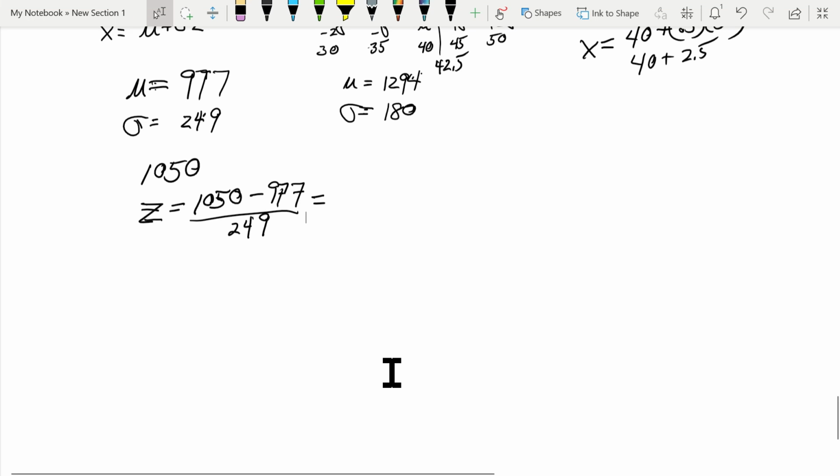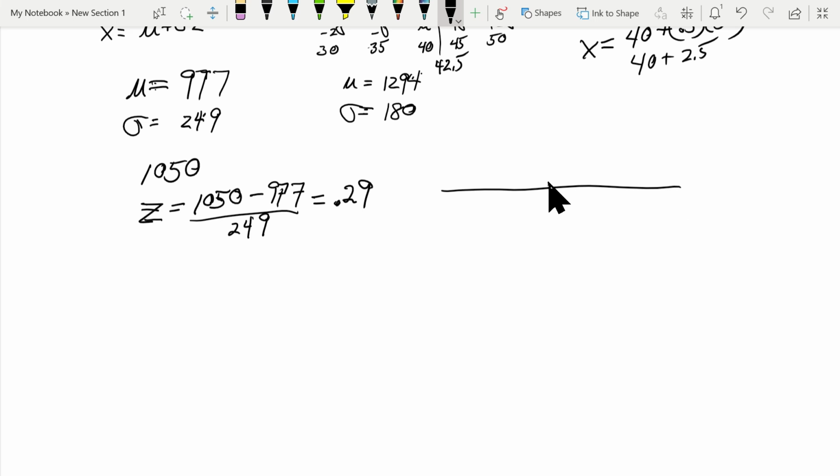So if I put this on a 0-1 scale, this is higher than the average, but it's not a whole lot higher than the average. This is 0.29. And on the z scale, 0, 1, 2, -1, -2,